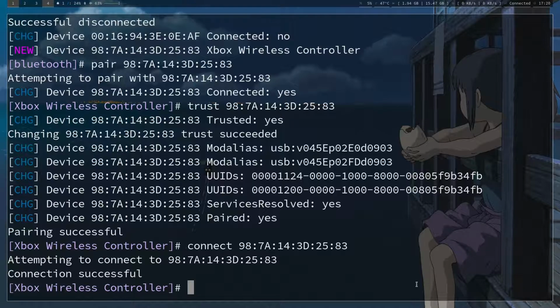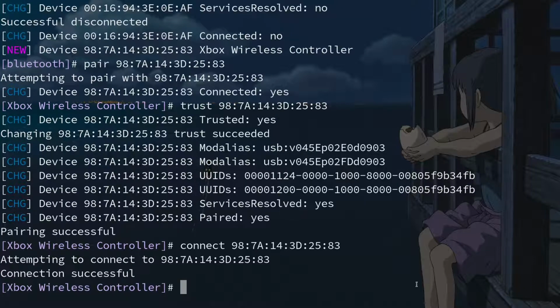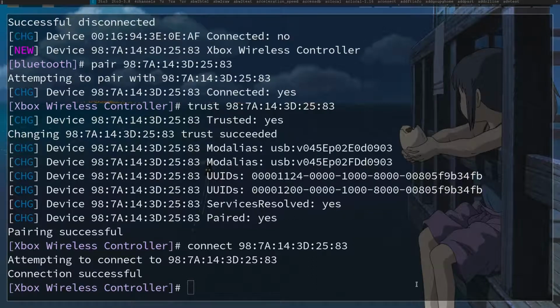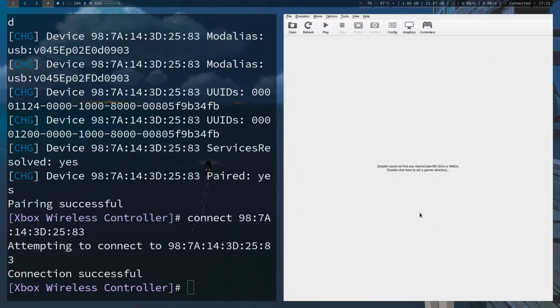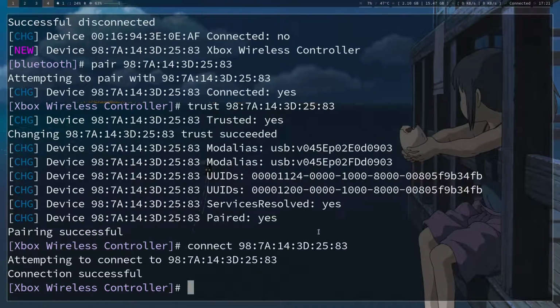Great. Now the Bluetooth controller is connected, and to show you that I'm not lying, let's go into Dolphin, controllers, configure, and now you can see if I move my thumbsticks or the analog bumpers, they register. Great. Everything is working now. Good.